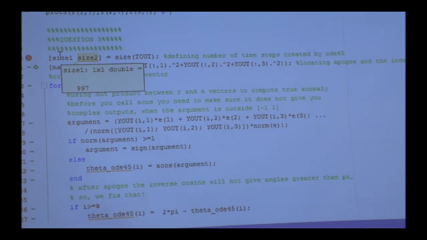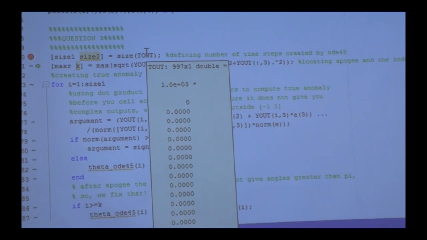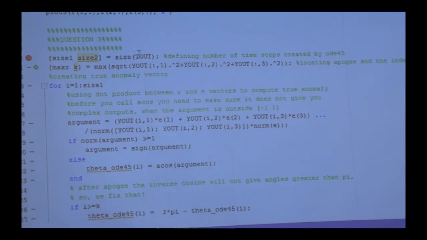So here, I'm computing the size of the vector that ODE45 is giving me. And now what I'm doing is trying to find where the apogee is. I know that this trajectory I'm simulating is for just one orbit. Actually, the initial conditions are at perigee, if you check. Then I go around half an orbital period, hit apogee, and then come back to perigee. So with that instruction here, I'm computing the maximum of the norm of the radius vector. And since